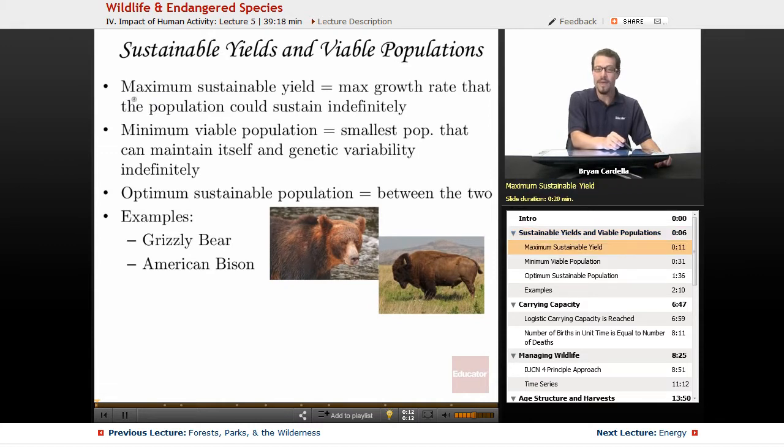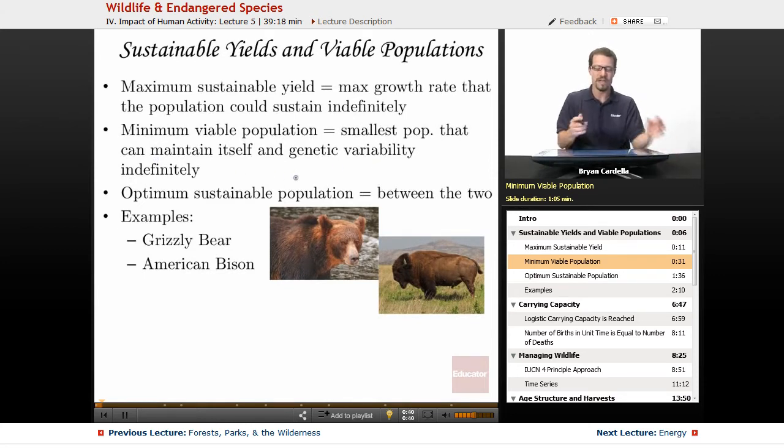So the MSY, or maximum sustainable yield, is the maximum growth rate that the population could sustain indefinitely. Meaning, as time goes on, they can stay at that level. So that's kind of at one extreme in terms of population estimates for the future for a species. And then on the other end, there's minimum viable population, the smallest population that can maintain itself and genetic variability